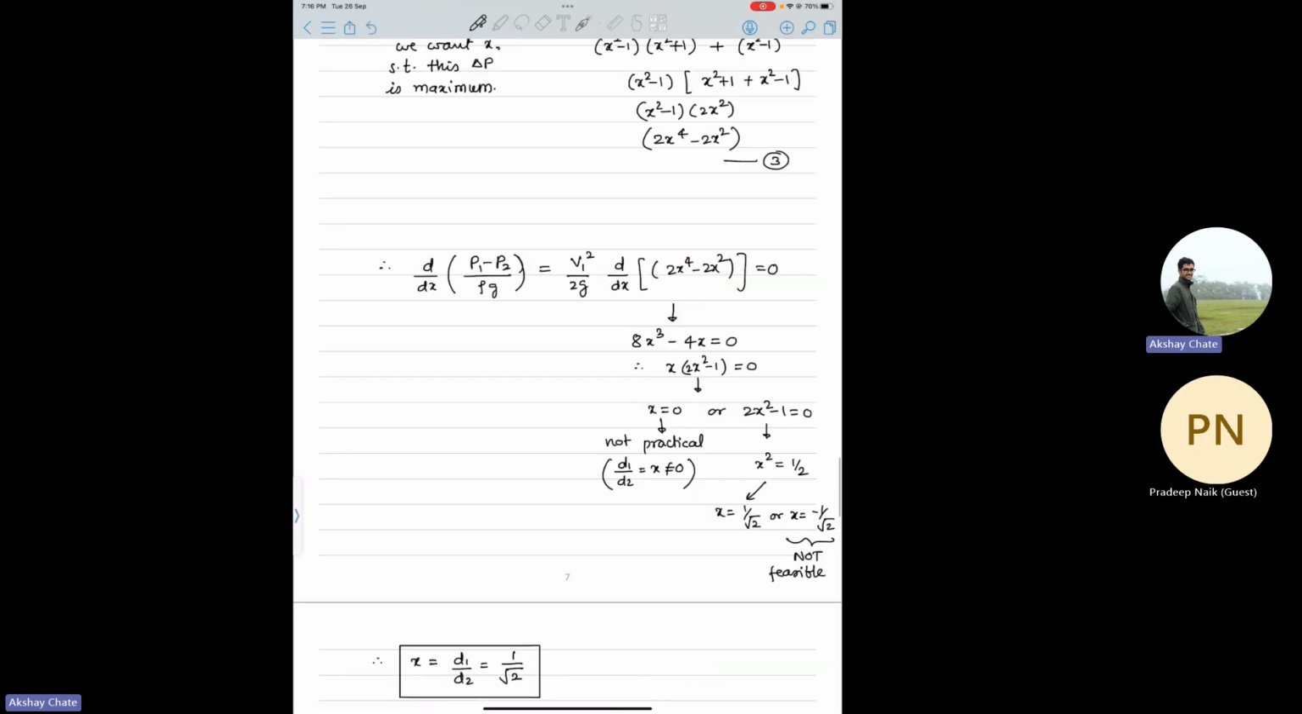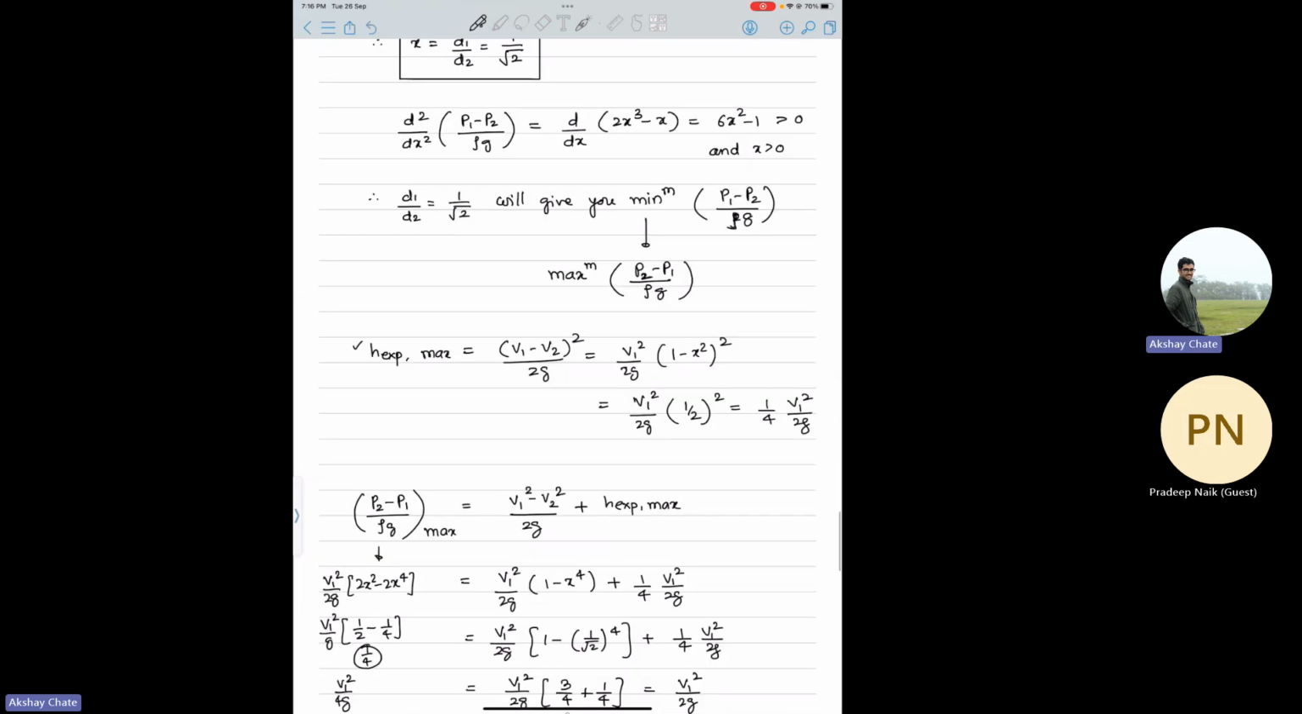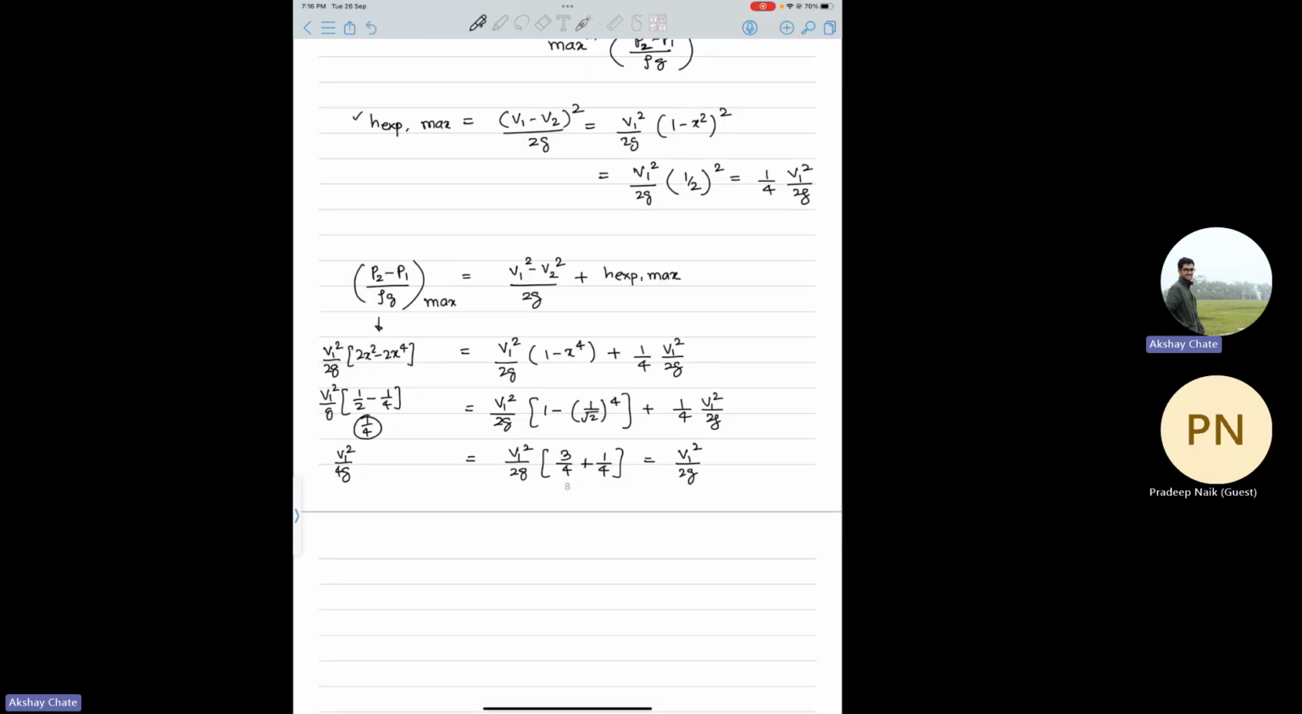V2 is x square V1, right? V2 is x square V1. That is also correct. So x power 4. One by root 2 square will be 1 by 2, 1 by 4, 3 by 4. See, this is the correct way. I'll recheck it later, but in the interest of time,